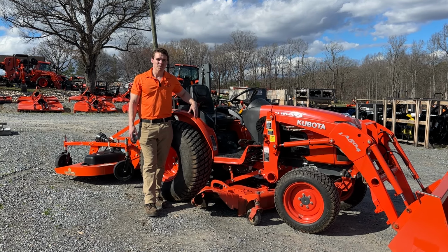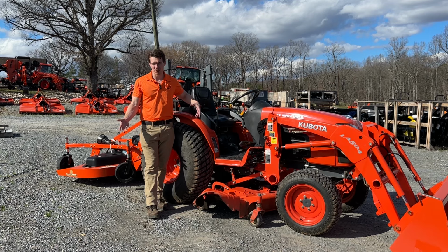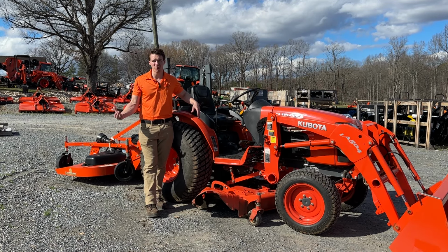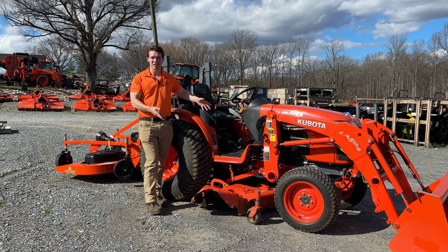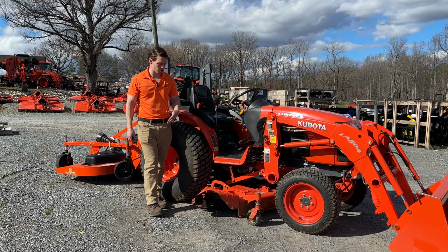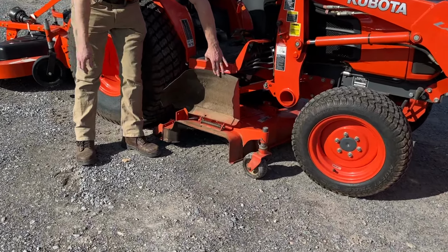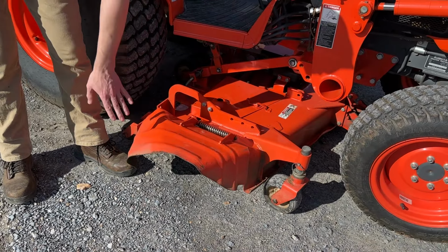Your mid-mount is probably, honestly, more common these days than a rear finish mower. I feel like 10, 15 years ago, rear finish mowers were a little bit more common, but now almost every small tractor, even medium-sized tractor, can take a mid-mount belly mower. Mid-mount belly mowers are almost always side discharge. So you can see here, it's mounted in the middle of the tractor. It's got your side discharge. All the grass clumpings and clippings and leaves and everything like that will come out of the side of the